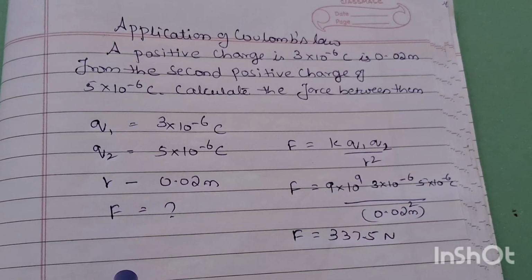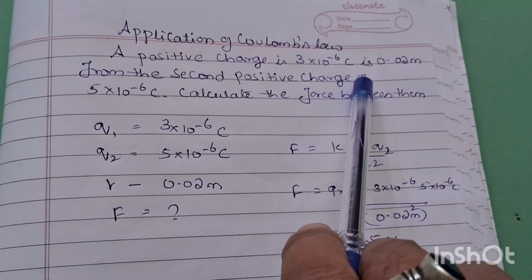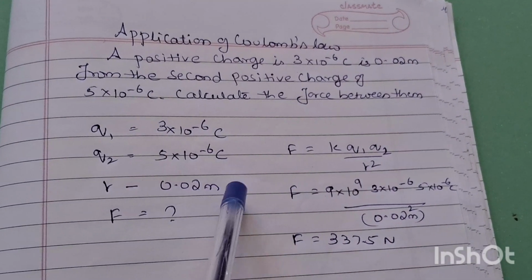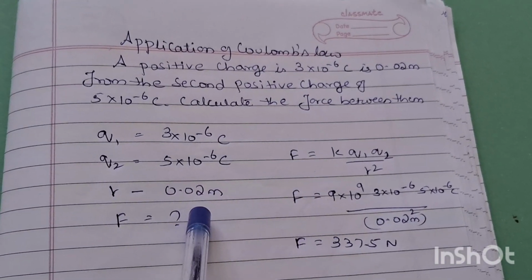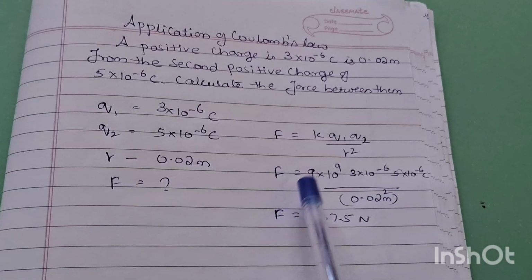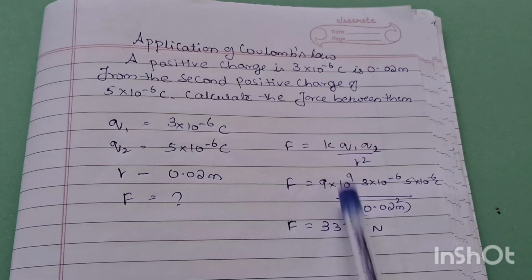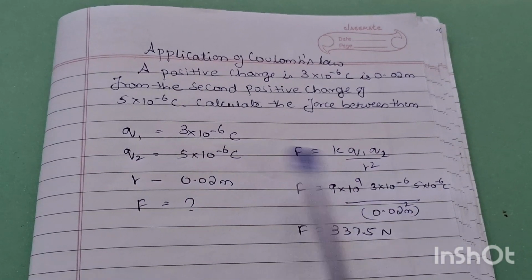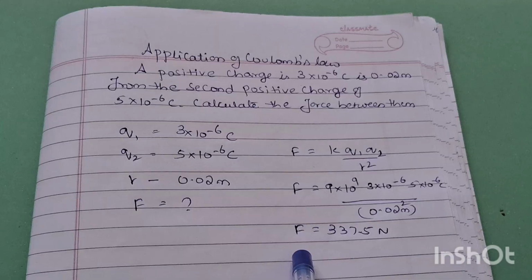So first substitute everything. Q1 is the charge on the left hand side, 3 into 10 to the power of minus 6 coulomb. Q2 is on the right hand side, 5 into 10 to the power of minus 6 C. R is the distance between both, 0.2 m, which they have already mentioned. Now substitute in the formula. K is 9 into 10 to the power of 9, a constant, Q1 is 3 into 10 to the power of minus 6 and Q2 is 5 into 10 to the power of minus 6. When you multiply all this and divide by R², you get the force as